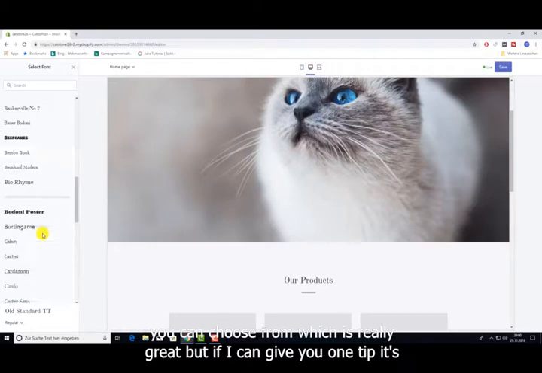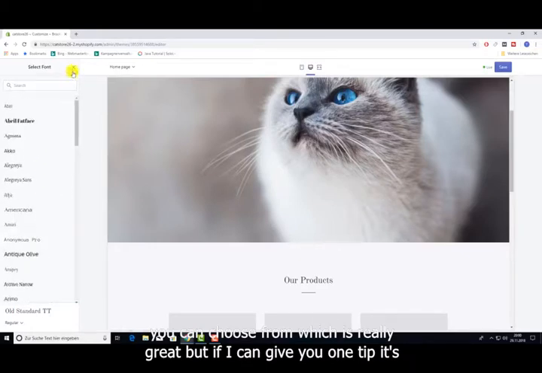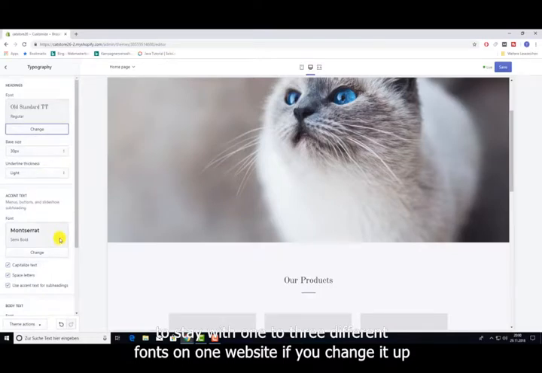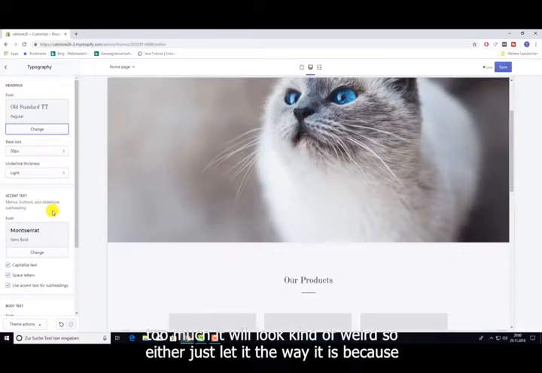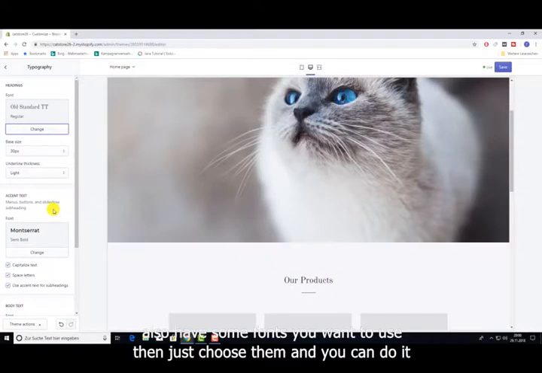There's a ton you can choose from, which is really great. But if I can give you one tip, it's to stay with 1 to 3 different fonts on one website. If you change it up too much, it will look kind of weird. So either just leave it the way it is, because the designers of these fonts have really thought about it, or you maybe also have some fonts you want to use, then just choose them